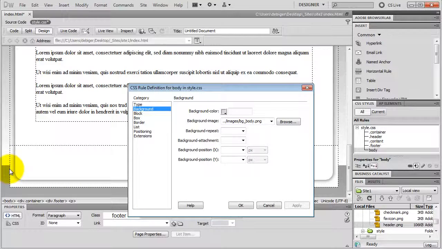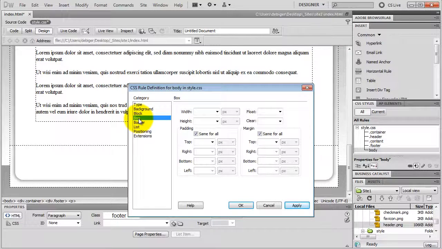The only problem is that by default a background image repeats horizontally and vertically across the whole element, but if I change the background repeat to repeat X, then my image will only repeat horizontally. Okay, I go to box, and I have a 15 pixel margin on my body tag. It's basically there by default. In CSS everything has a default value, but I can change it. I just change my top margin to 0, so I'm not gonna have that 15 pixel margin above my header